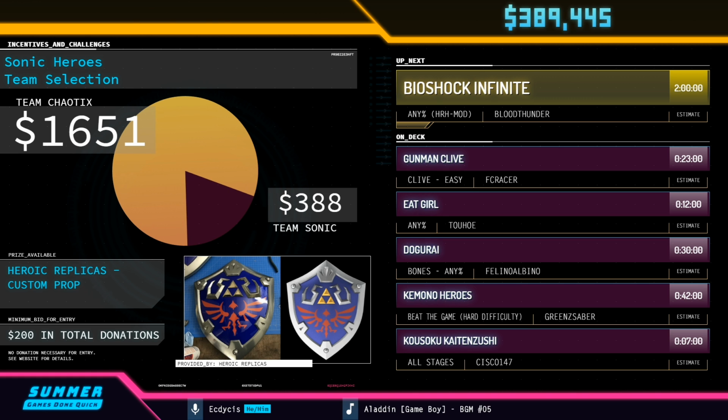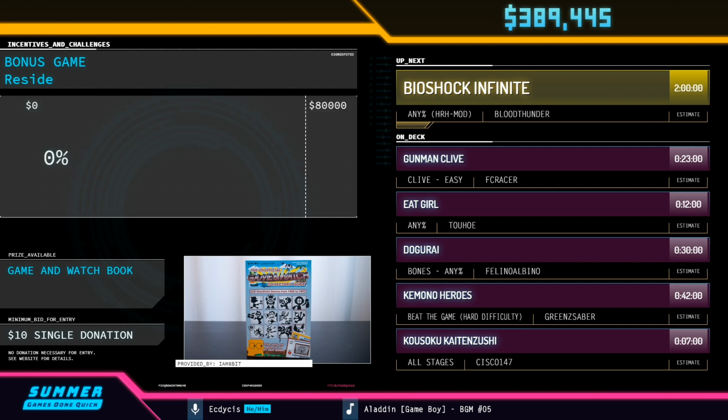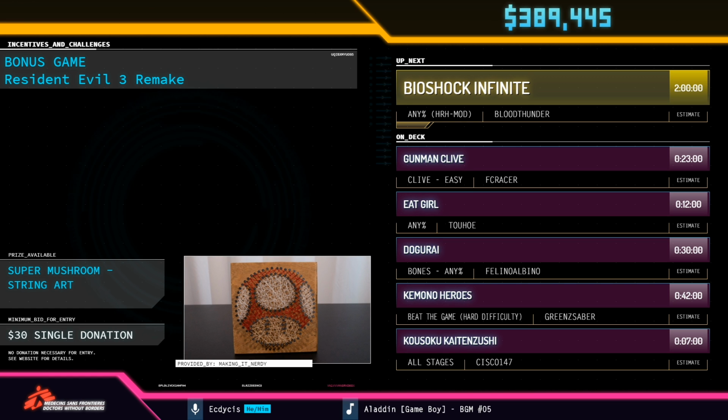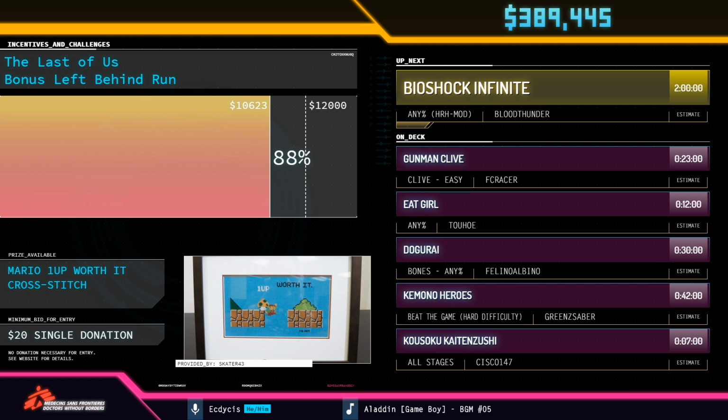We have $25 from Anonymous saying, "Thank you for an amazing event." We have $80 from Yoro Lamore saying, "Love and peace to everyone. Keep the donos going, and make this just as great an SGDQ as every year. And make that blindfolded night trap run happen." We have $20 from Big Tex